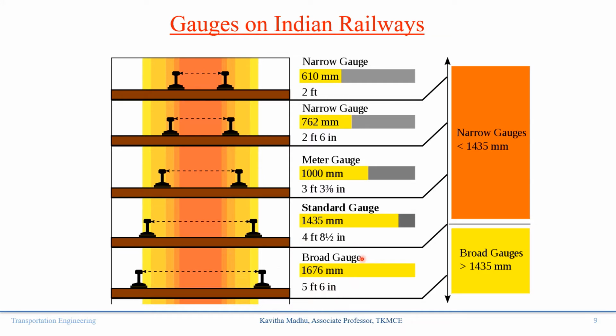So in India, we are using a broad gauge of spacing 1.676 meters, whereas in the UK, USA, China, Canada, etc., they are using a standard gauge of 1.435 meters. Okay. And narrow gauge, again there are two types, of 762 millimeters and 610 millimeters. Depending upon where it is being provided, the gauge is fixed.